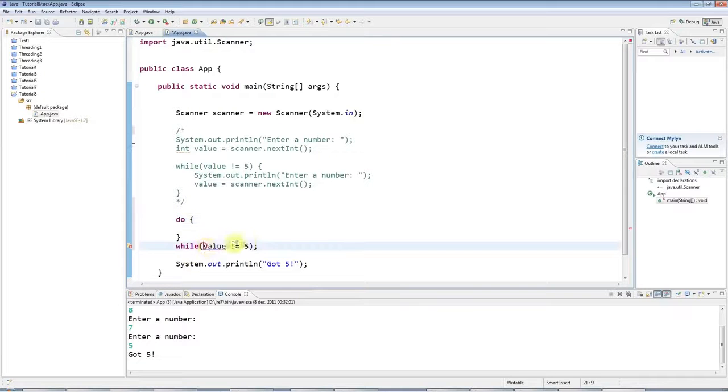because regardless of what this condition is, when my code gets down to here it will execute this stuff, then it will check the condition, and if the condition is true it will go round again, and if it's not true it will just drop out the bottom. So here I could have my